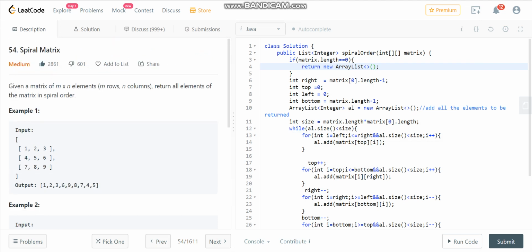What's up, guys? Today we are going to solve the spiral matrix question from Leetcode. The question is, given a matrix of m cross n elements, m rows and n columns, return all the elements of the matrix in the spiral order. Spiral order means